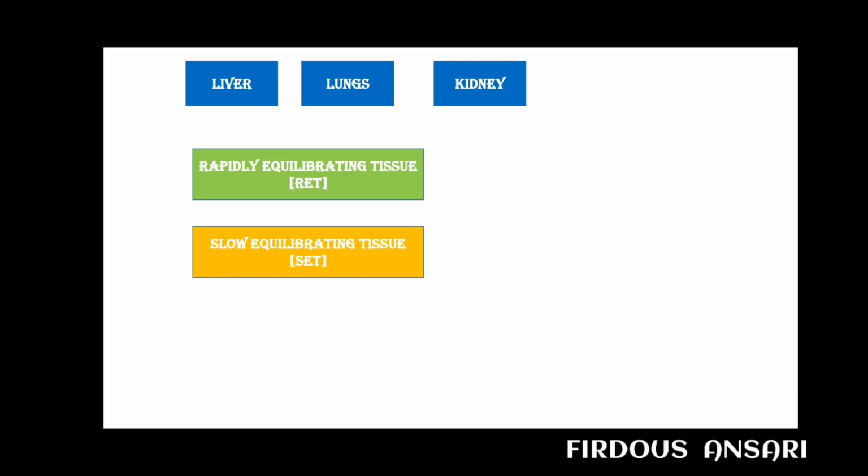Extrapolation is not possible in any other model as such. Here, just by changing the value for size of the organ and organ blood flow, we can get the distribution data for each organ individually, while for other models a new mathematical equation has to be made for each and every organ. So these are the three important advantages of the physiological model over the other three models, and this was all about the pharmacokinetic compartment models. I hope you understood the video.